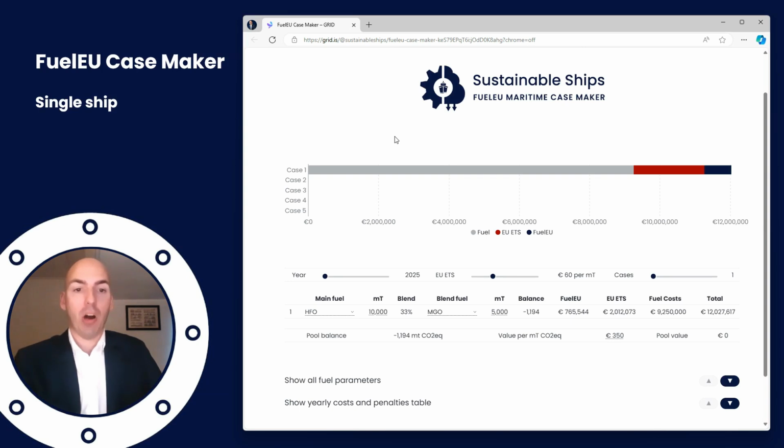So here we have our single ship. Yeah, it's quite obvious, I guess, especially if you have HFO and MGO as main fuels, we're going to have a penalty. Well, in the first couple of years, EU ETS will be a lot more than FuelEU, but you can see